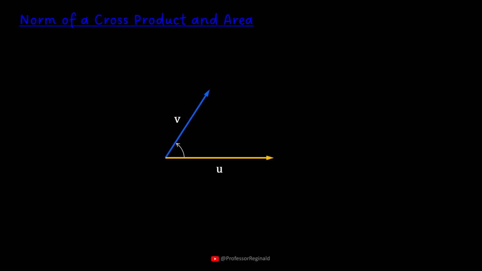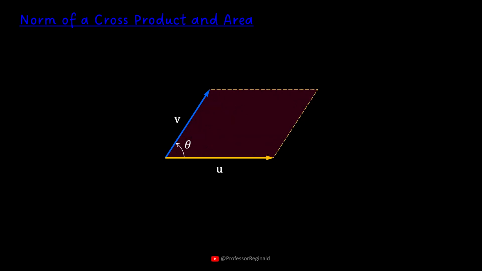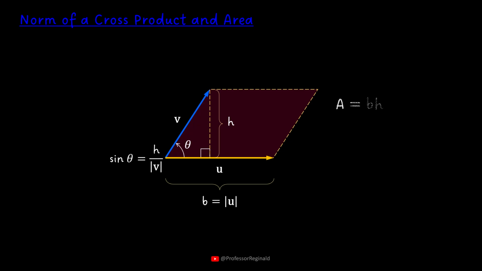Norm of a cross product and area. Consider vectors u and v, and theta as the angle between the two vectors. These vectors form the adjacent sides of a parallelogram. The base is the norm of u, while the height is computed using the sine of theta. Because the area of the parallelogram is the base times the height,